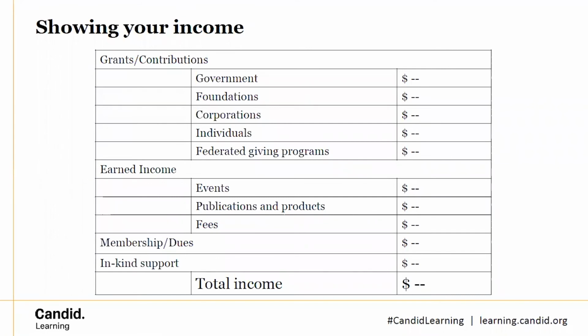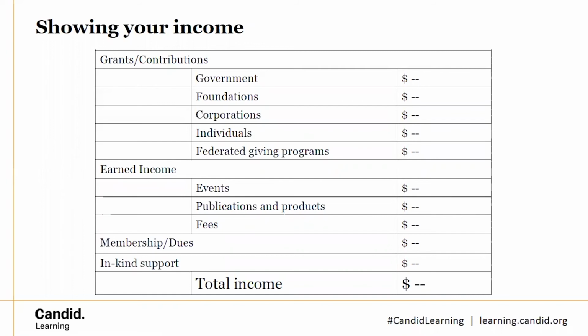That might be a thing where, if you have several pending requests that you think are very likely, or that you want to make sure you're showing a potential funder that you have multiple funding streams in mind, you might still want to include it. But since it's not confirmed, it will be a separate list of pending grant requests, rather than listing it here as actual income. So you're going to list those generally separately, or at least by small gradation here.